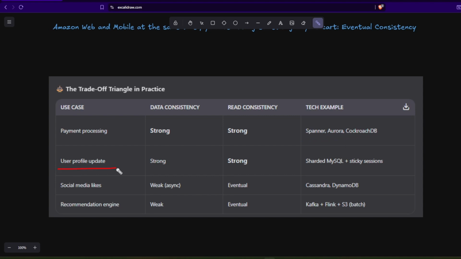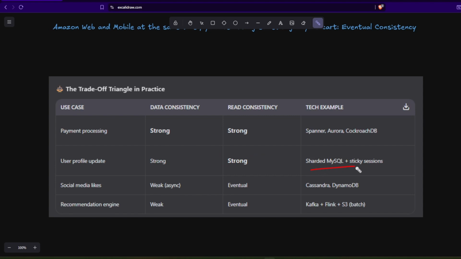Okay, so suppose a user has done some kind of profile update, like in your profile you have changed your password, and also you have changed your mobile phone number. What kind of consistency will we require if we have eventual consistency? The thing is that in that 3-4 seconds of time, it can be a very big security risk, like somebody else can try to change your password in the meantime, and suppose they got hold of your phone by some means, so it will go to your old number, right? So this sort of thing, like the profile update, also has to be a strong read and write